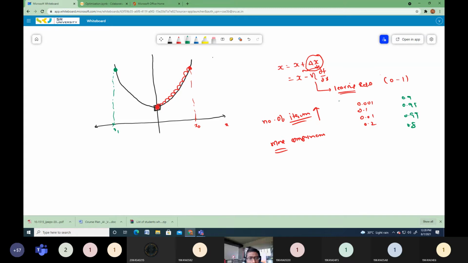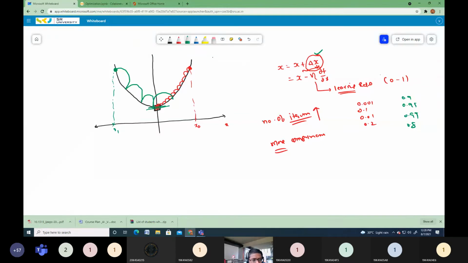If the learning rate is very large like this, then what happened? What about the step length, students? Step length increases and it overshoots the minimum point. Perfect. So when your learning rate is very large, your step length will be very high. You jump from here to here, from here to here. There is no guarantee that you will correctly jump onto this lower point and stop here on the zero slope.